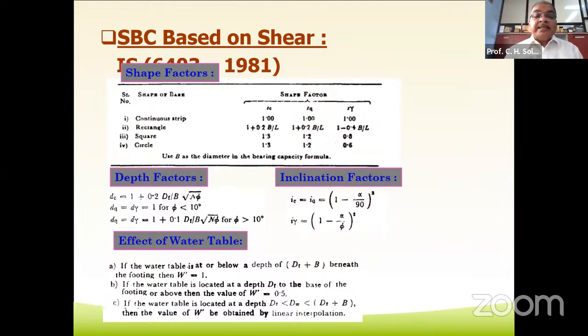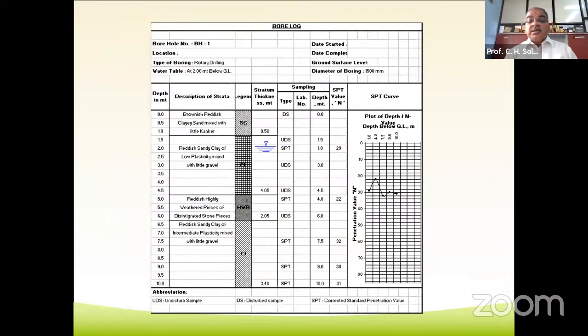Here, how to calculate the shape factor, depth factor and inclination of the load factor has been presented. So it has been presented how to find it. The presentation which has been made just now in the form of the slide shows the field part, the test which has been conducted in the field,